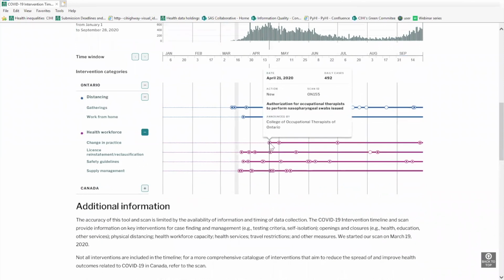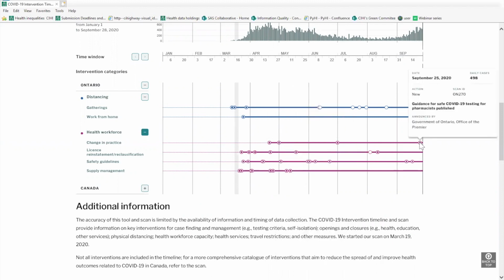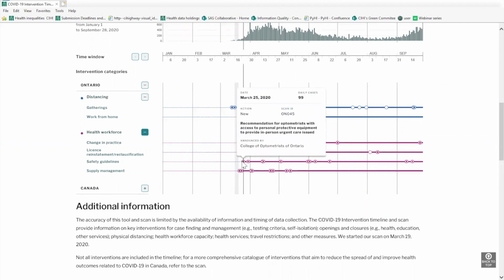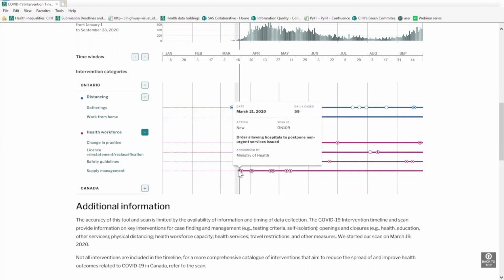This could be things like healthcare professionals doing things that they were not previously authorized to do, like being able to do swabs of the nose, I think, or down over here, guidance for safe testing for pharmacists if they're going to be doing COVID-19 testing. We also have interventions related to license reinstatement, safety guidelines, and also supply management. So this would be things like what was happening in hospitals, allowing people to postpone non-urgent services.